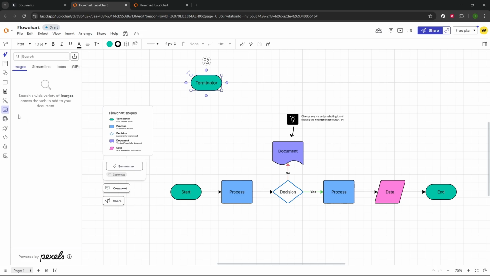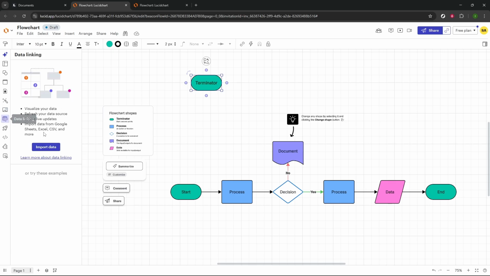Lastly, explore the Image tab to upload and integrate multimedia elements like images or diagrams. You can also link data from Google Sheets or Excel files directly into your chart through the Data Linking tab, making real-time updates seamless and efficient. And there you have it. With these steps, you're well equipped to start editing in Lucidchart. Whether you're creating from scratch or customizing a template, the powerful tools in Lucidchart